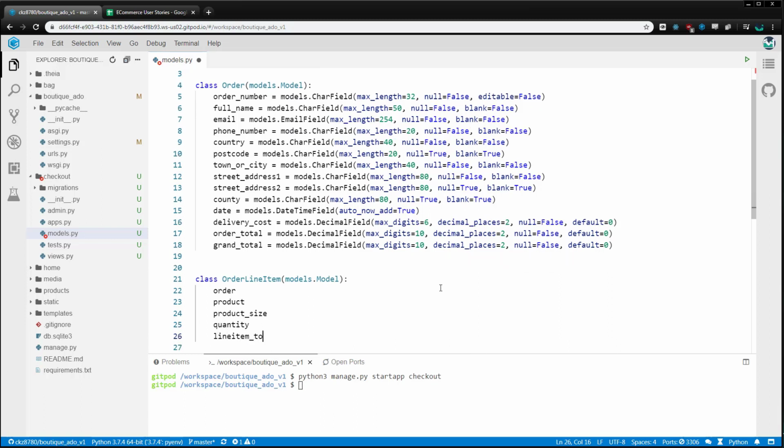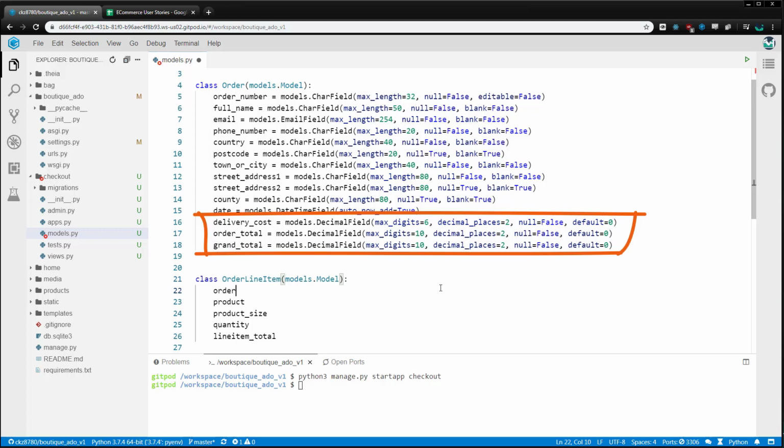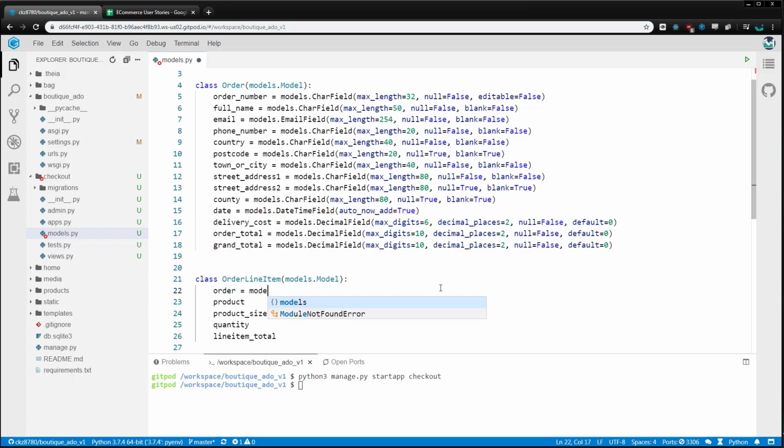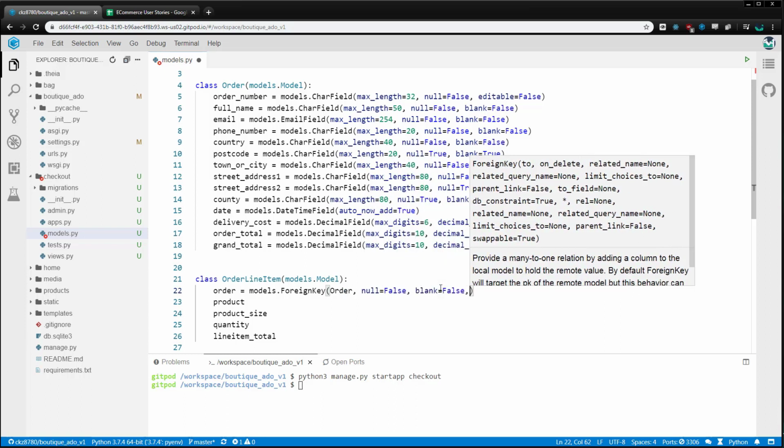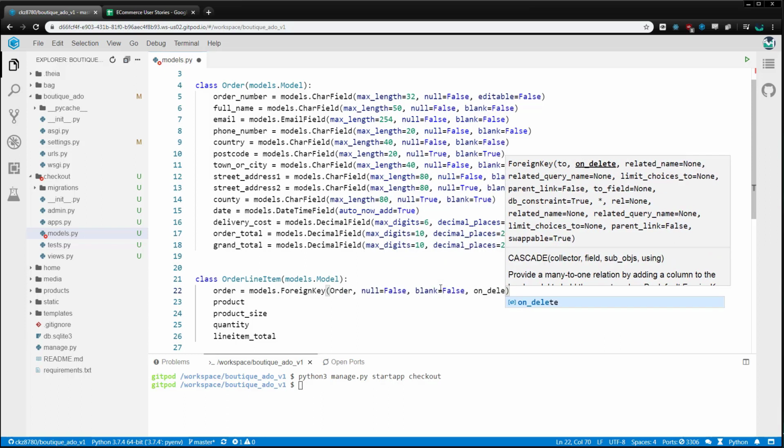The basic idea here is when a user checks out, we'll first use the information they put into the payment form to create an order instance, and then we'll iterate through the items in the shopping bag, creating an order line item for each one, attaching it to the order, and updating the delivery cost, order total, and grand total along the way. On the OrderLineItem model, there's a foreign key to the order with a related name of lineitems, so when accessing orders, we'll be able to make calls such as